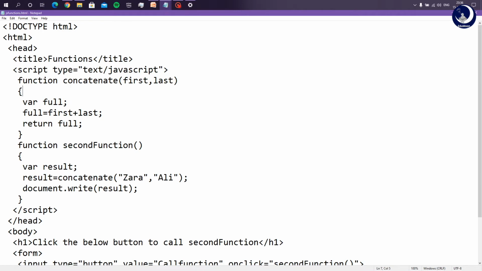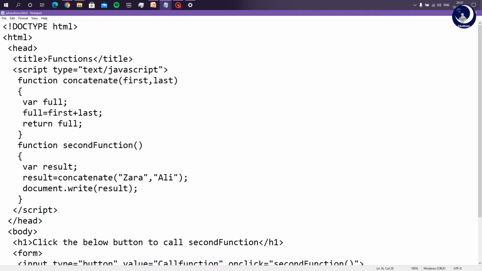The concatenate function consists of a variable full, which is set to the addition of first and last strings, which is Zara Ali, and it is returned. That value will be stored in result and displayed by using the document.write of result statement.